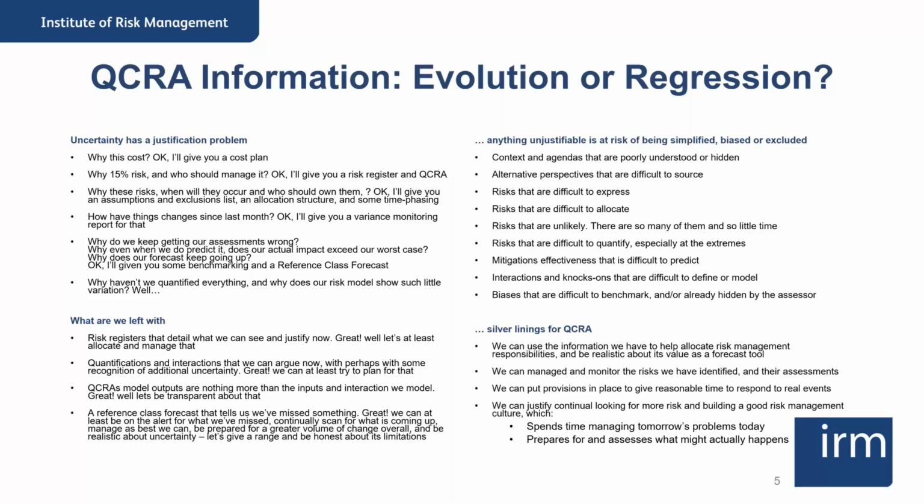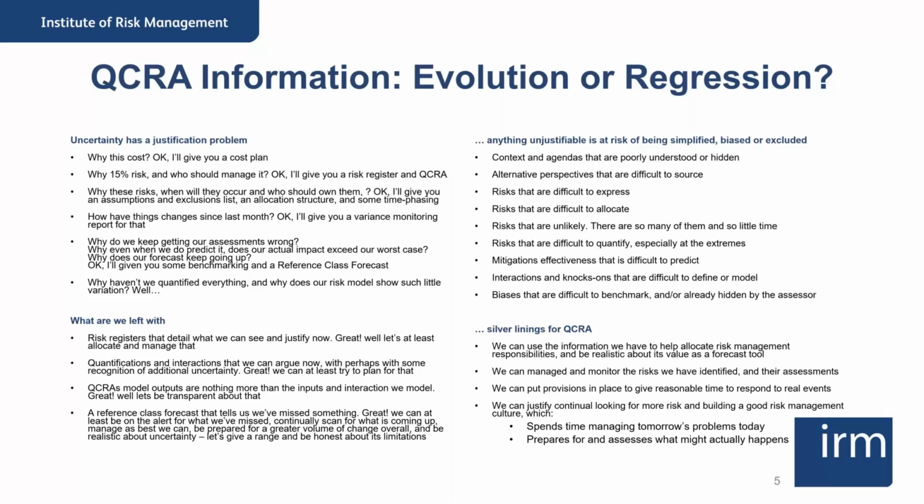And then we're facing the challenge that certain risks are difficult to express, difficult to allocate. When it comes to the huge number of very unlikely risks, we haven't often got the time or the inclination to put those on registers. So we can very quickly understand why our QCRAs are not providing the full and complete picture that would provide an answer, but that doesn't necessarily mean that's a bad thing. In terms of what we are left with, we've got a register that we can use to manage risk. So let's get on and manage it, but know that it's not everything.